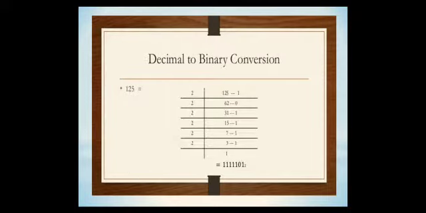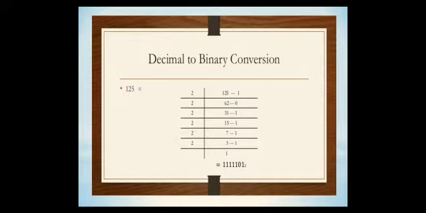Next, here this is the example of the previous slides. Here I am going to convert decimal to binary. 125 is the decimal number and 2 is the base. Here 125 by 2. Okay, here I am dividing 125 by 2. Okay, first 2 sixty-twos are 124. We get the remainder 1, and 2 thirty-ones are 62. So we get the remainder 0.